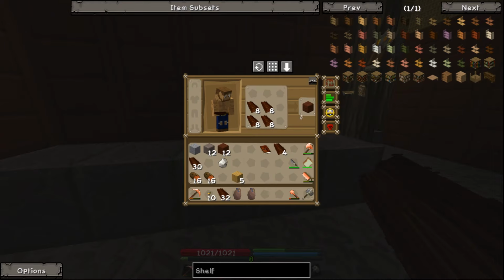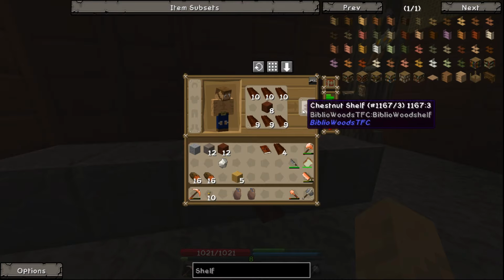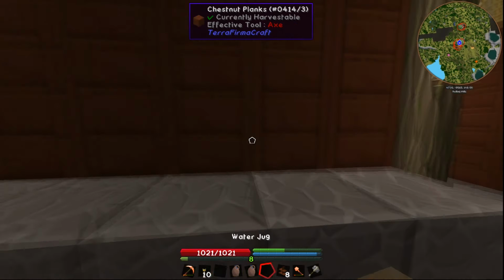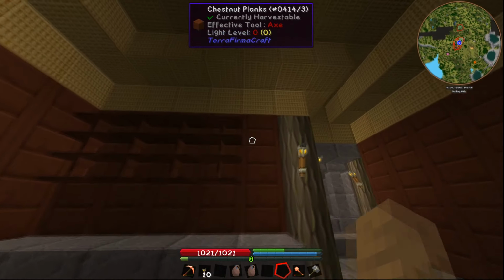Okay, that's fine. We can grab those. How many do we want? 8, I think? Okay, so we're going to throw the plank blocks down, throw the lumber on there, we'll just balance it like that, and then we're going to take our 8 shelves. We're going to use these to store ore or just other things. I think you can use these to keep ingots hot as